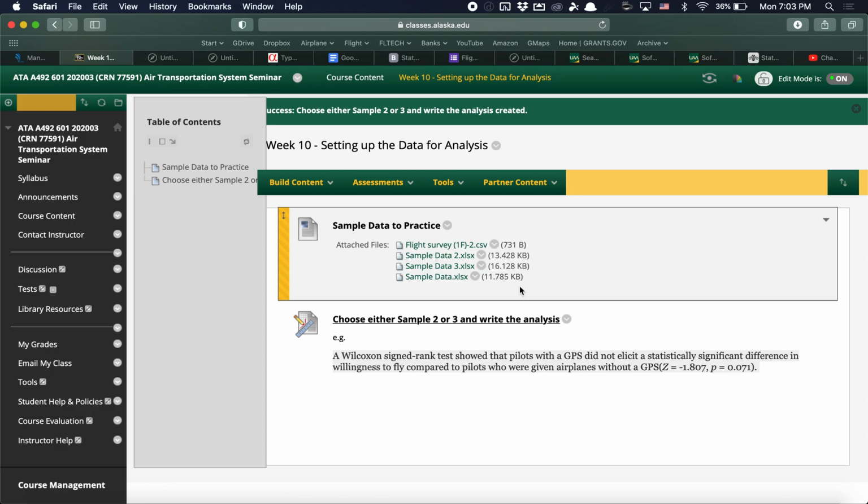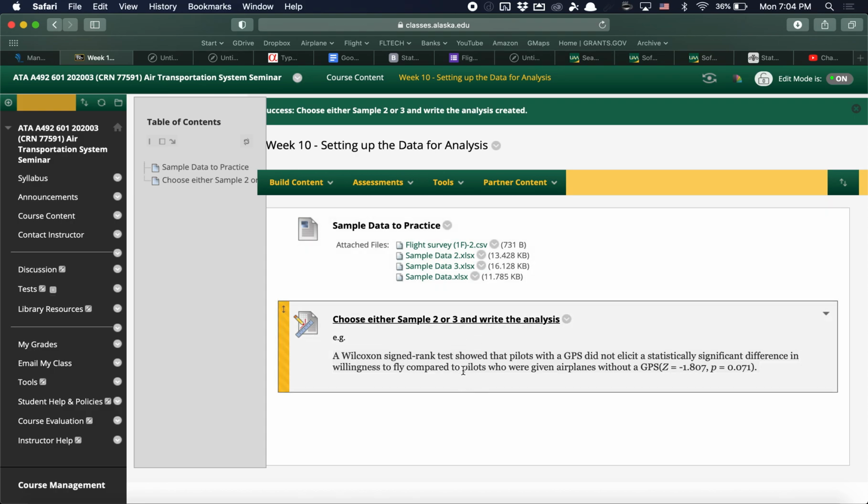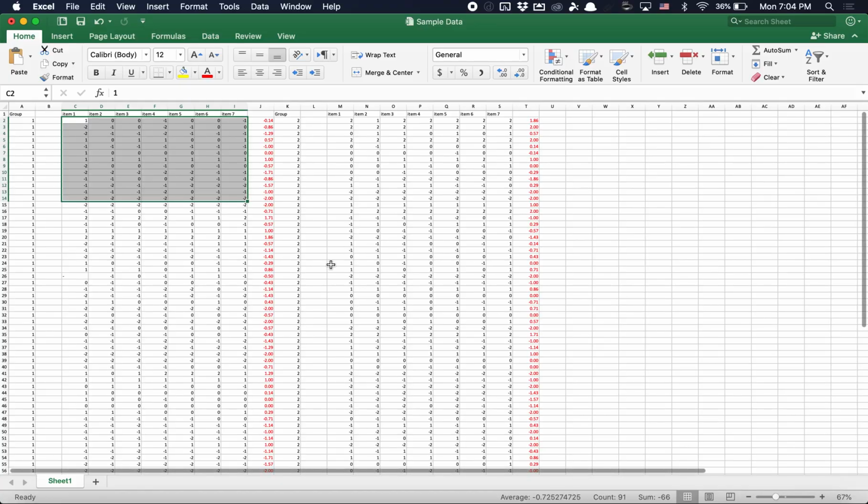I'm going to show you an example where it's not the same group. It's not within the same group. It's actually two different groups. Group 1 is a set of people, and Group 2 is a different set of people, and then it was analyzed. So if we click on sample data as the file and we open it up,